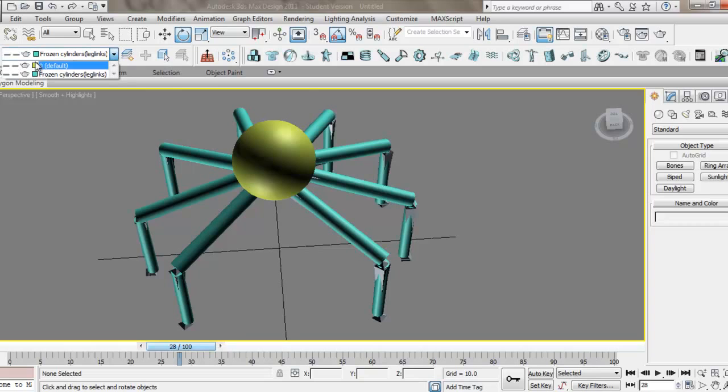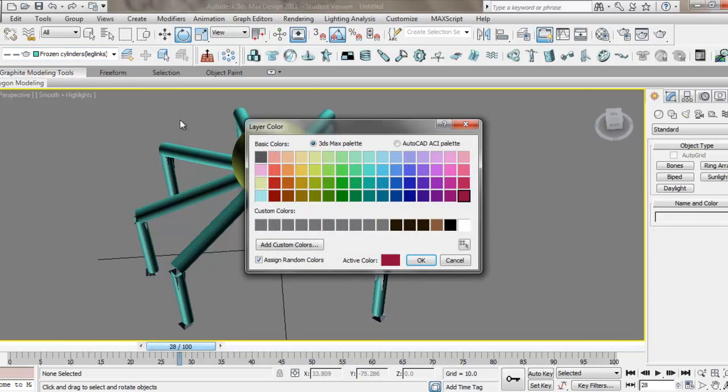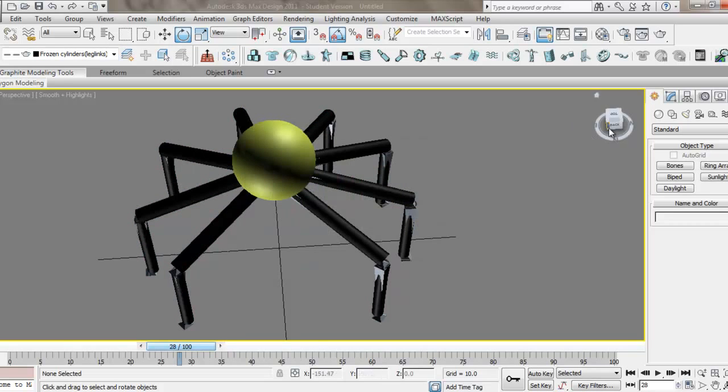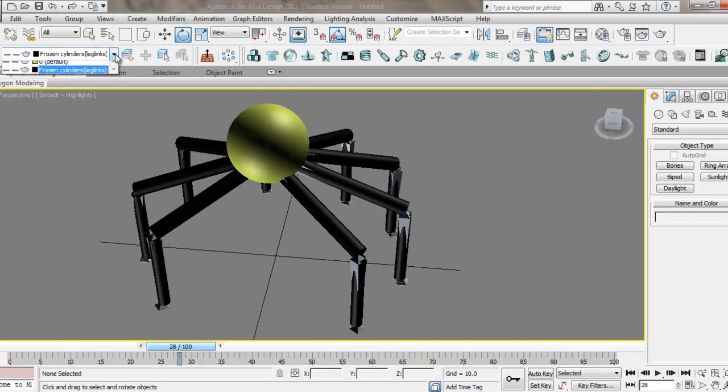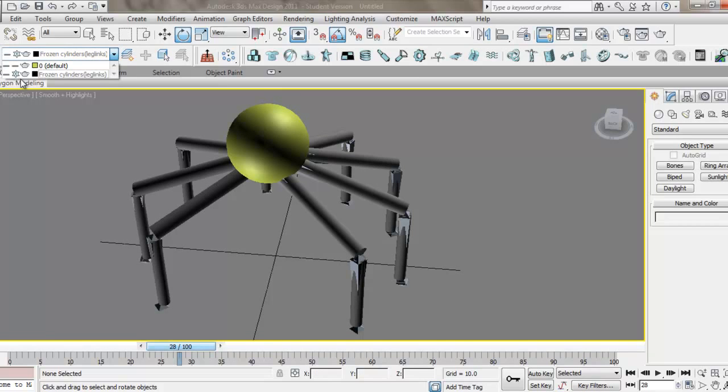If you would like to change the color, simply click on the box, and in this case we'll make them black. And then you can freeze them like this. And if you don't want them to turn this ugly gray color,